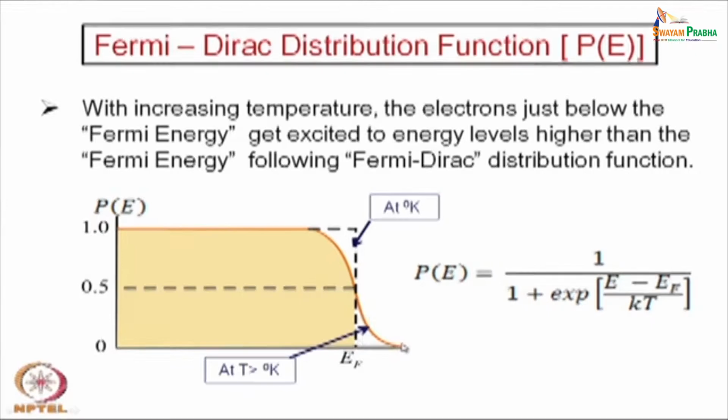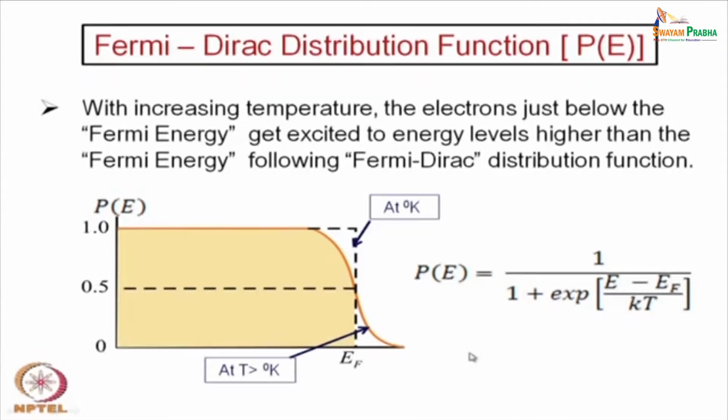So it will increase from here, from 0 occupancy factor. Beyond this point there will be no occupancy, the energy states will be completely empty, but up to this there will be some finite occupancy, and then that quantity will increase slowly and become 1 at an energy a little lower